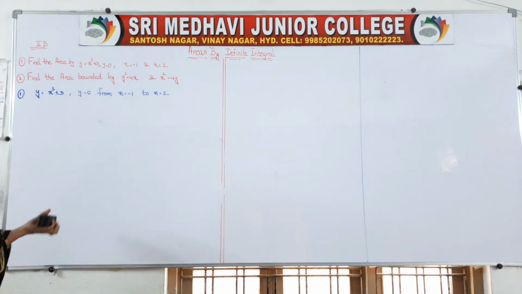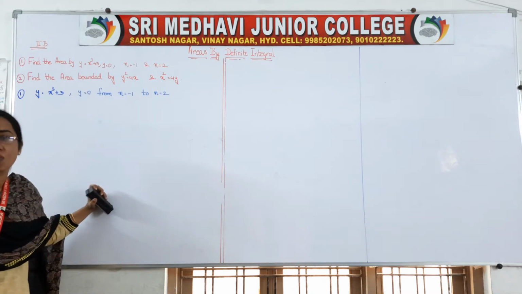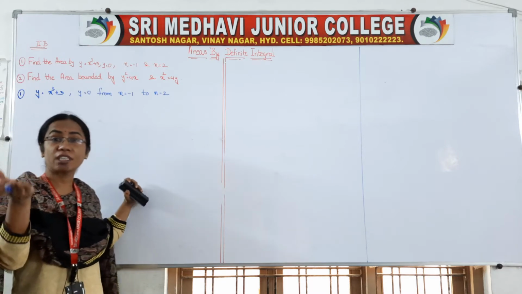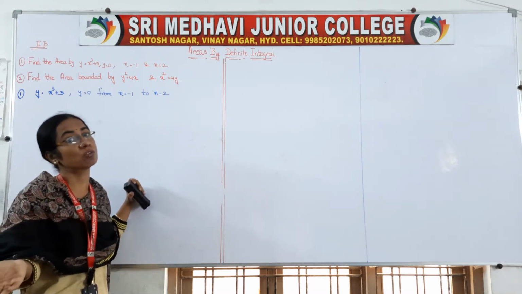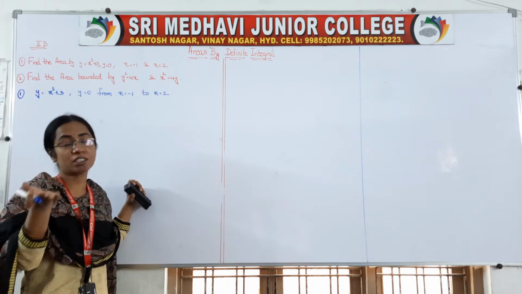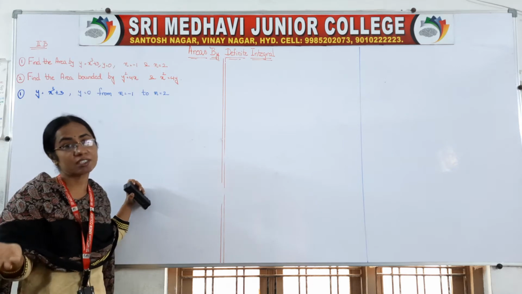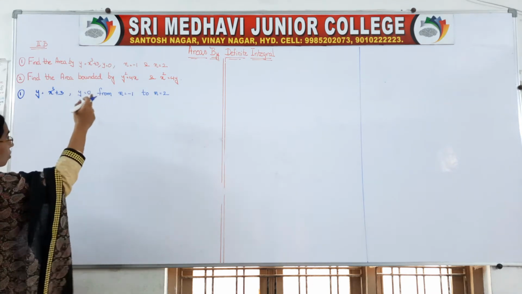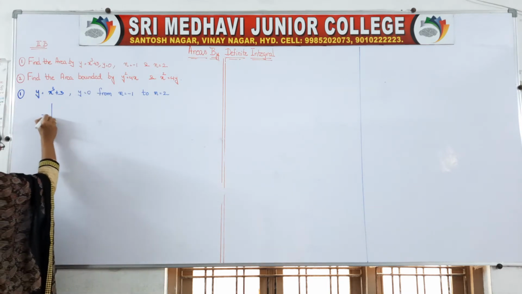So directly you take the table. Then if bounds are given, what is the use of taking the diagram? Here we will check whether the curve is upwards of the x-axis or downwards of the x-axis. If it is upwards of the x-axis, it is positive. If it is downwards of the x-axis, it is negative. Okay, so come on, how will we take the values? Take the table now, right?